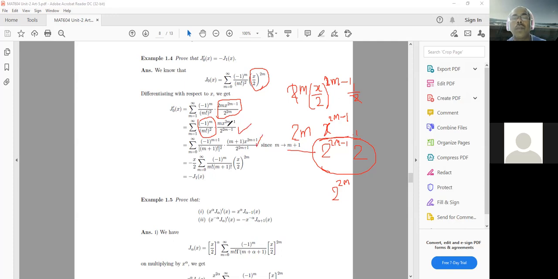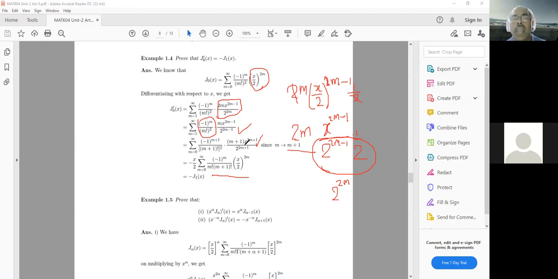So substitute the value of m here. So it is m plus 1. This is 2m plus 2 minus 1. So that is simply 2m plus 1. And again you can rearrange this. Now here see, minus x by 2. So minus x by 2 can be taken outside, and we have the series like this.